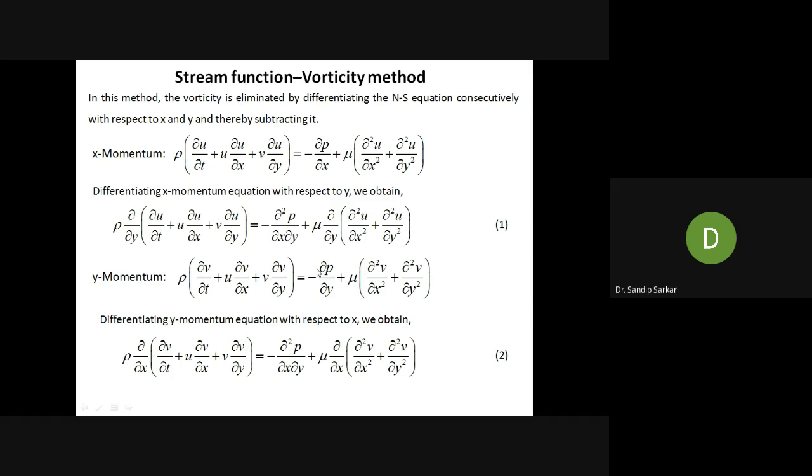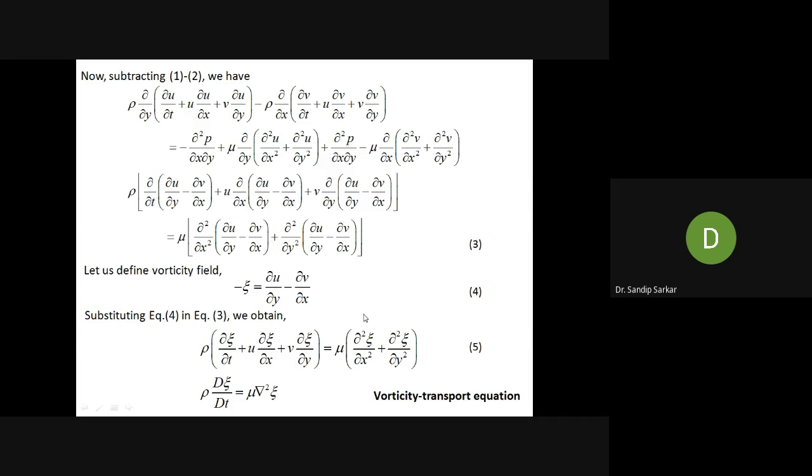Since we don't have any additional equation for the pressure, in the stream function vorticity method we need to get rid of this pressure gradient. What we saw in the last class is that we differentiate the x momentum equation with respect to y, differentiate the y momentum equation with respect to x, and subtract the resulting equations to obtain a vorticity transport equation,